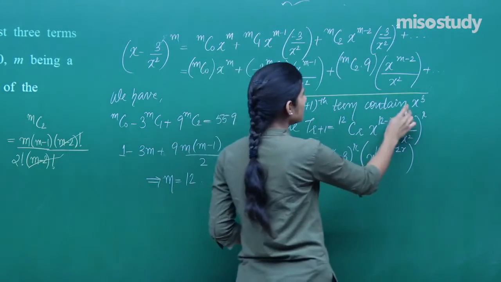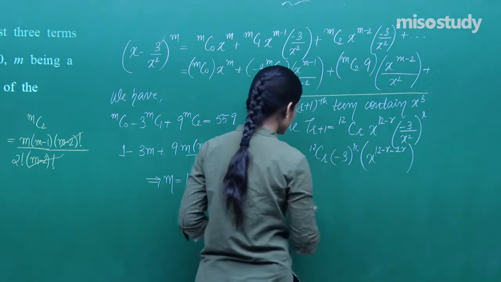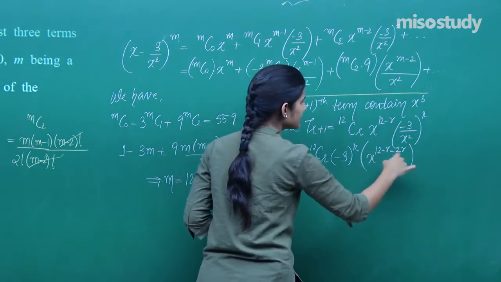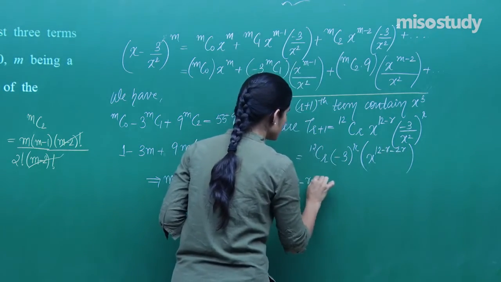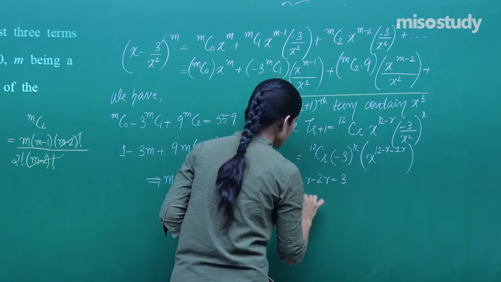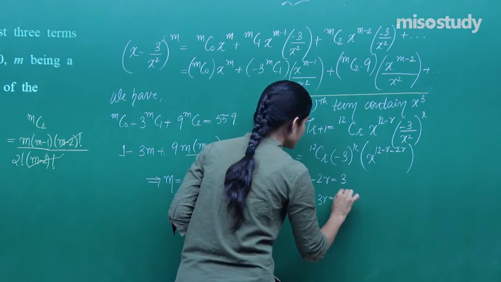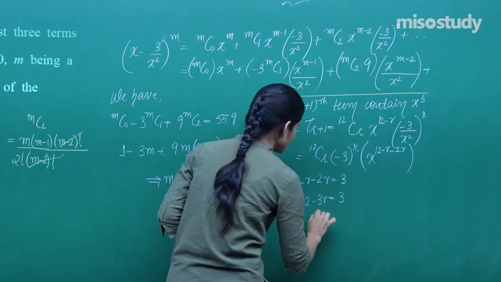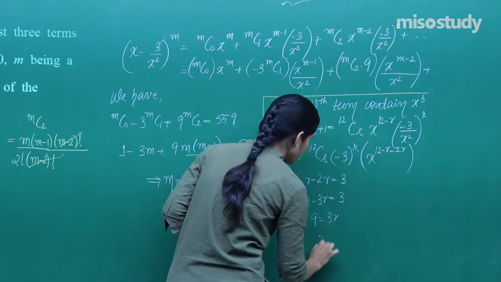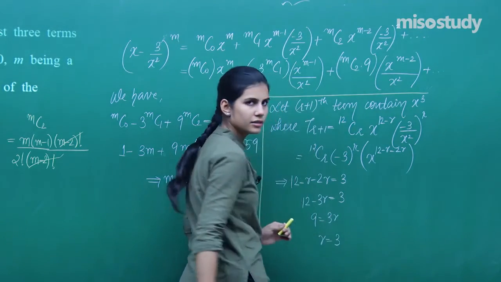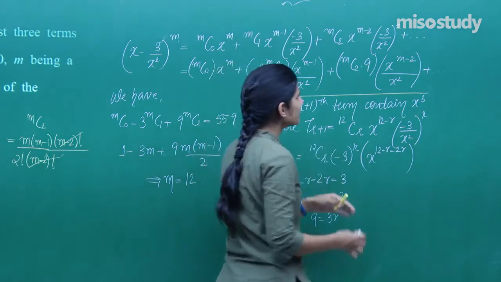If the r plus 1th term contains x cube, it can contain x cube only when this thing is 3. That is, 12 minus r minus 2r is 3. So 12 minus 3r is 3. That means 9 equals 3r, r equals 3. If r is equal to 3, that means